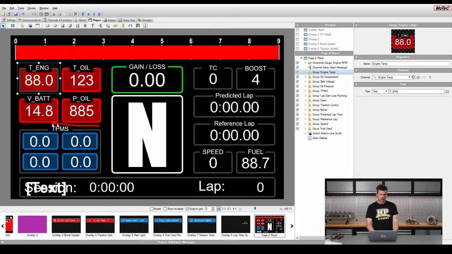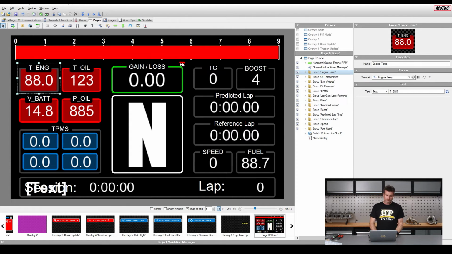Likewise, we've got our tire pressure monitoring system here. So this will give us tire pressures as the car's going around the track. When we're below, I think I've set this to about 26 psi, they will be blue, and when we go above 29 psi, they will go orange. So again, just at a glance, we've got everything we need to know.